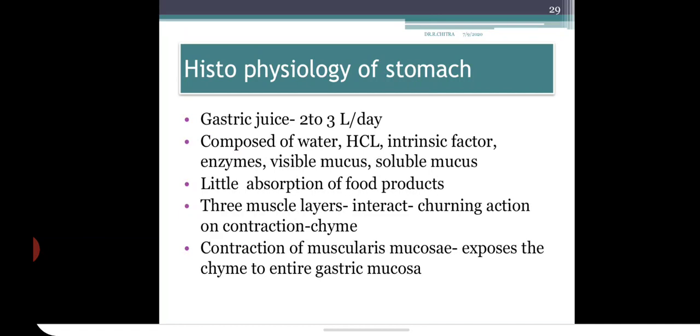So this finishes the histology of the stomach in detail. Even in this class, I have covered not only the salient features of the histology of the stomach, but also all the electron microscopic features of the cells of the glands and all the other details, including the electron microscopic features of all the layers. So this is the histology of the stomach.